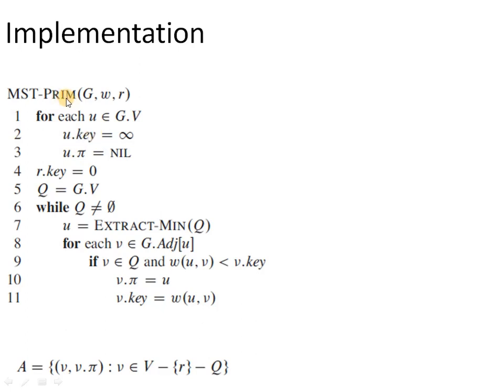The minimum spanning tree algorithm accepts the graph G, the weight corresponding to each edge of the graph, and r, which gives the starting vertex of the minimum spanning tree. In the first 3 lines, we are simply initializing the key attribute or the weight attribute corresponding to the vertex to infinity, because right now we don't know the distance values between the vertices, and correspondingly the parent attribute of all the vertices has to be initialized to nil. And since we have to start with the vertex r, the corresponding weight value has to be initialized to 0, and its parent becomes nil only because we are starting with the vertex r. So there is no vertex which we have visited before r.